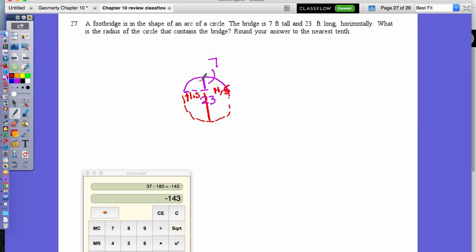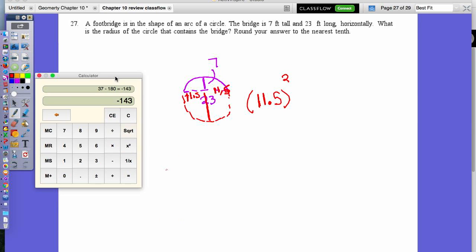I started to realize that I had 2 chords here cut at the point. One of the chords was 11.5 times 11.5. I could multiply the 2 parts of the chord together, and whatever that product was, which in this case, 11.5 squared,